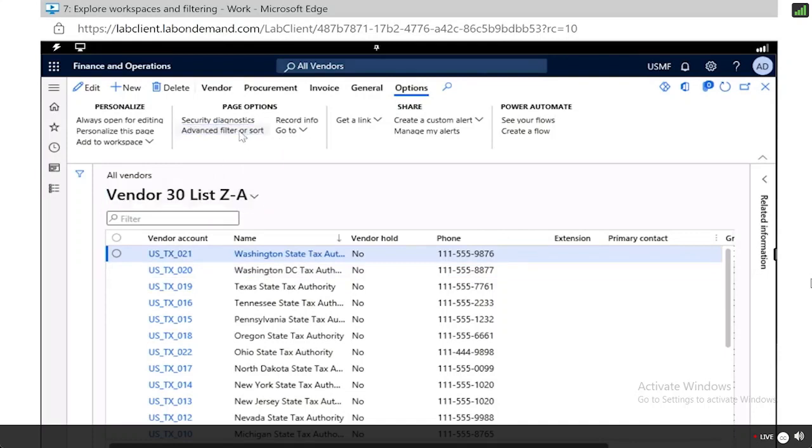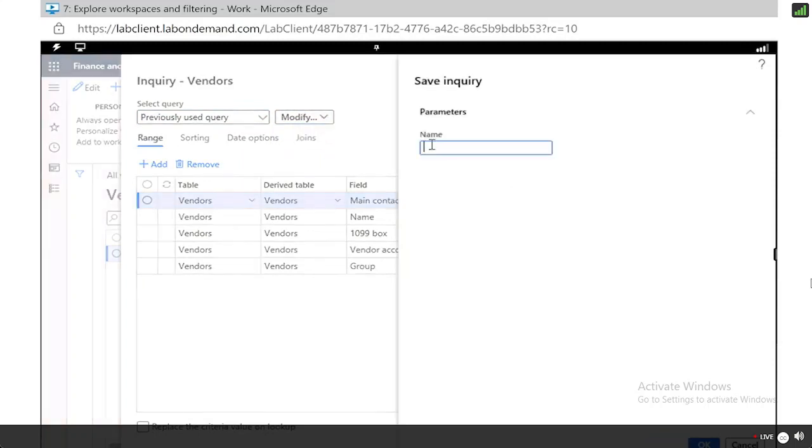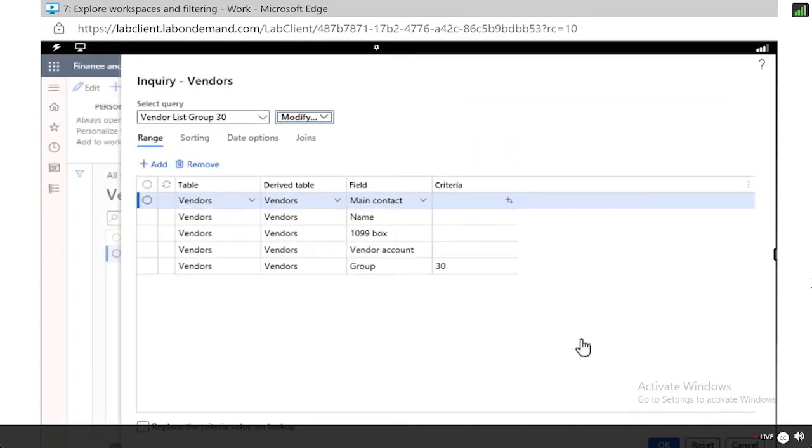And if I wanted to do any type of advanced filter and sort, it's going to pull up my originally used query. So you can see I have all of the different columns that I want, and I have my criteria of 30 set here. Now, if I wanted to, I could actually save this query as a search. So let's say I didn't save the view, but it's a query that I'm running all the time. I can say that this is my vendor list, group 30. And I've now saved it. And if I click OK,